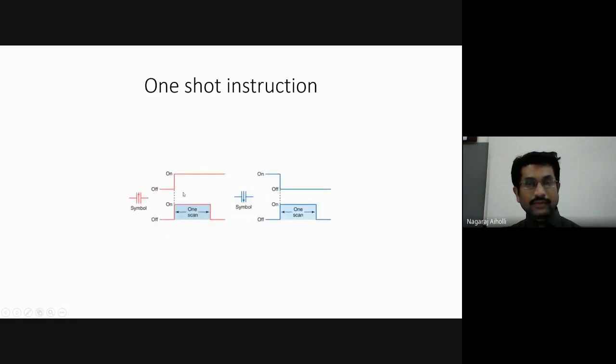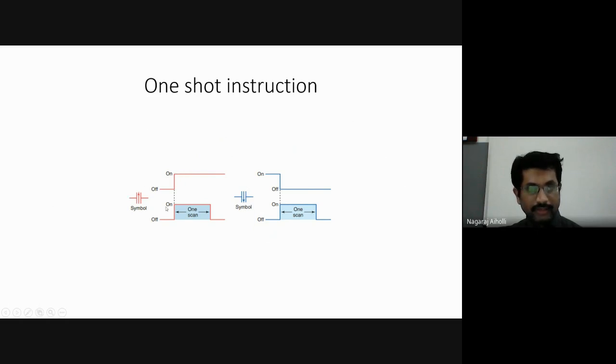When we look into this figure, this is the first figure, figure A. This is the symbol of the one shot instruction, right? You all have to remember these waveforms and the main diagram which we explained in the previous slide.